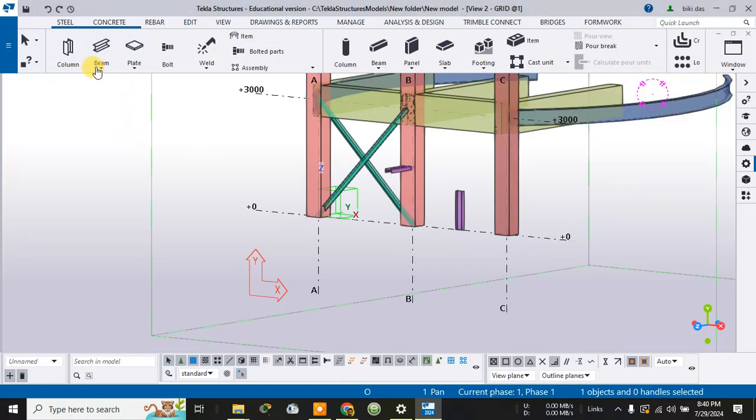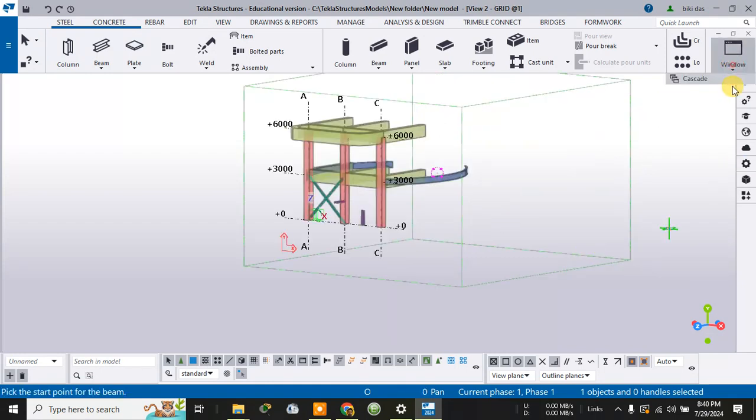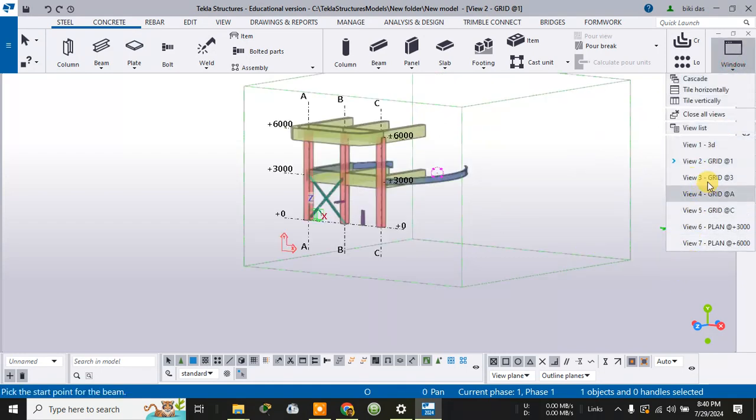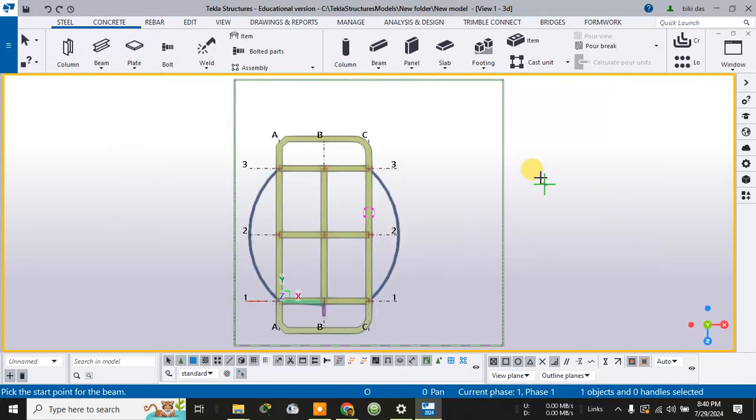Now suppose I go to the steel portion and create the spiral beam. What does spiral beam mean? Suppose let me go to the plane view. Let me go to the 3D view, plane view. After going to the 3D view, control,